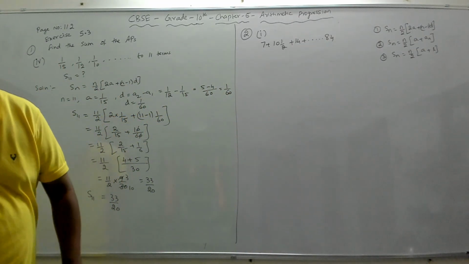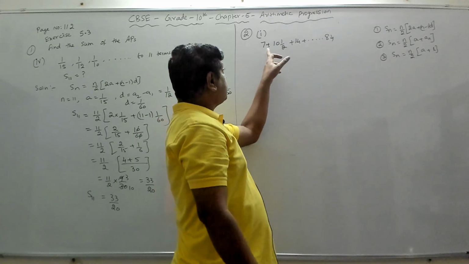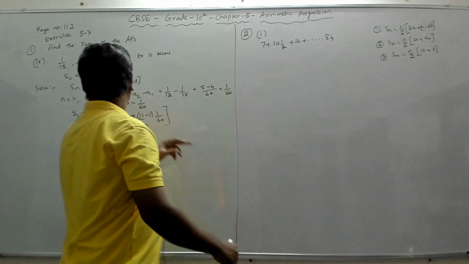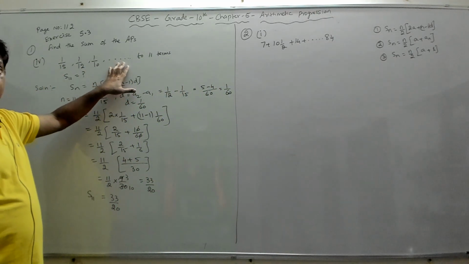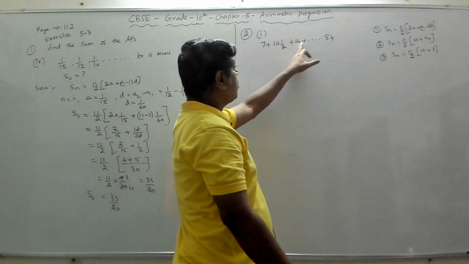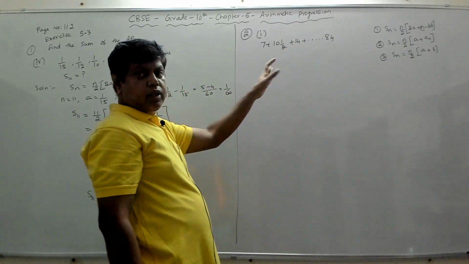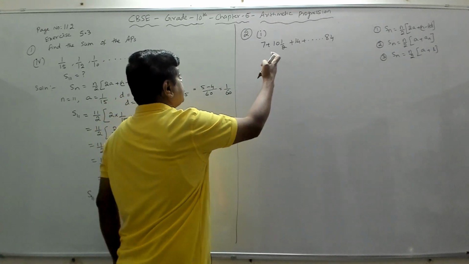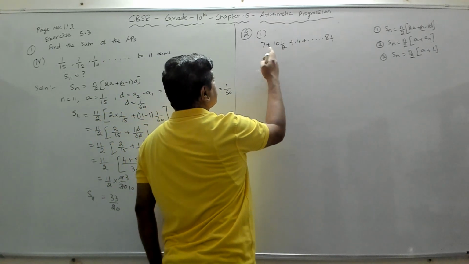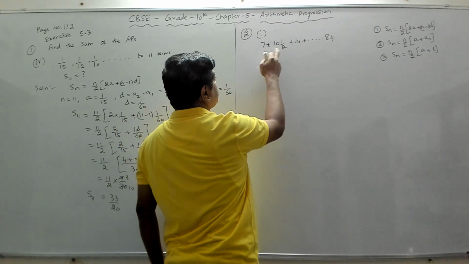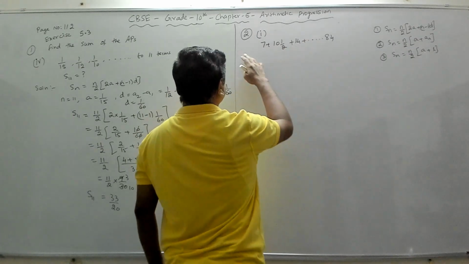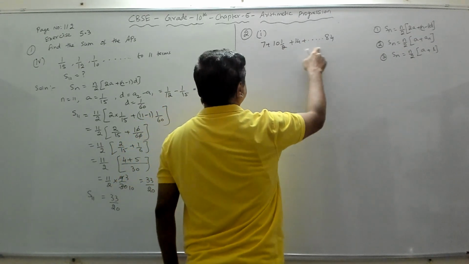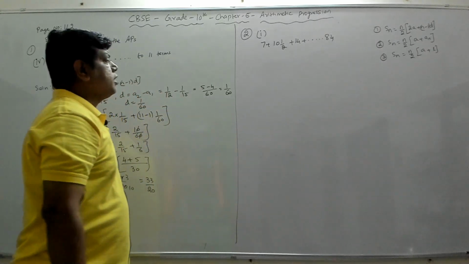We call this a series because you see plus. When you have commas, you call it an arithmetic progression. If you have plus, you call it an arithmetic series. This is an arithmetic series because if you see the common difference between this and this, you'll get the common difference as 3 1 by 2. So it's an AP. So now we have to find the sum of these. Right? These many number of terms.